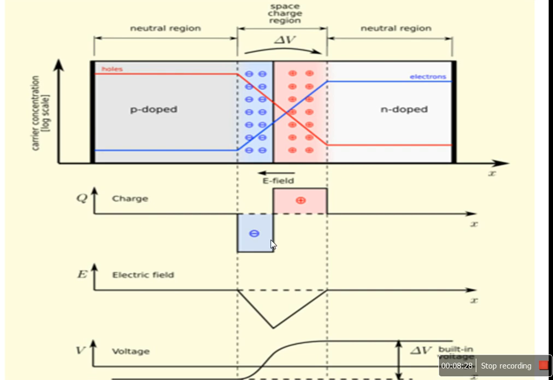This waveform indicates the charge density, this indicates the electric field, and this indicates the voltage. I will discuss these waveforms with equations in the next presentations. Just without applying any bias, the charge carriers are moving, and in the junction we get the immobile charge carriers, and due to that some voltage is generated. So remember up to that.